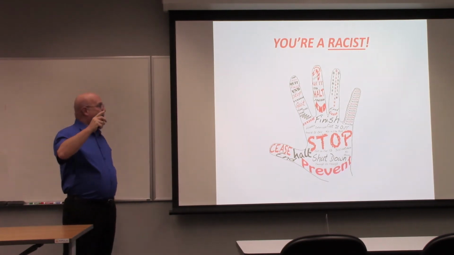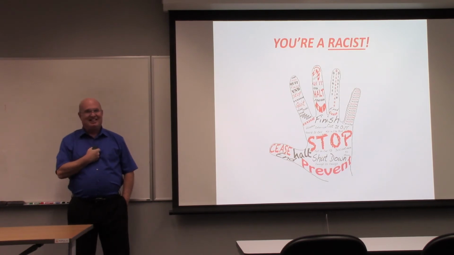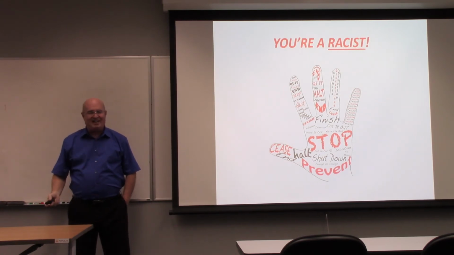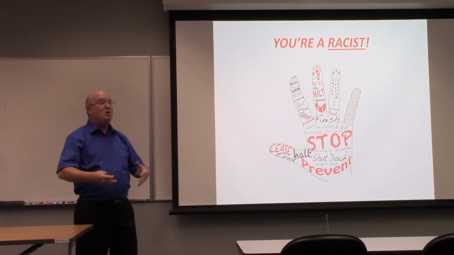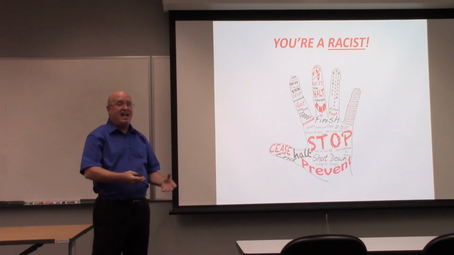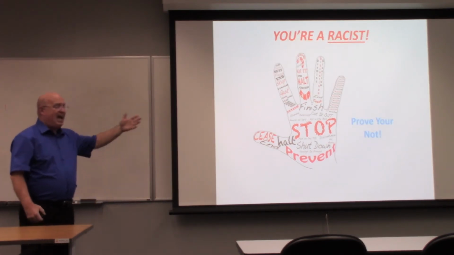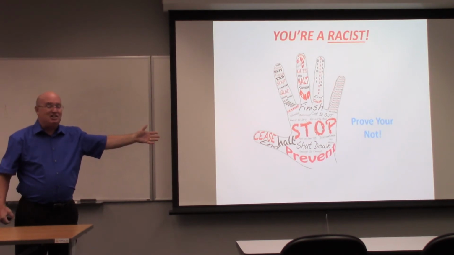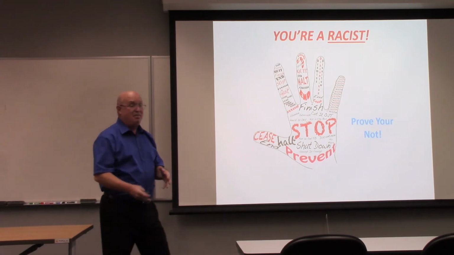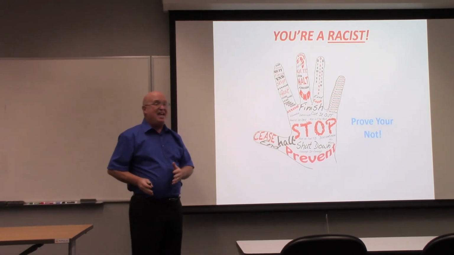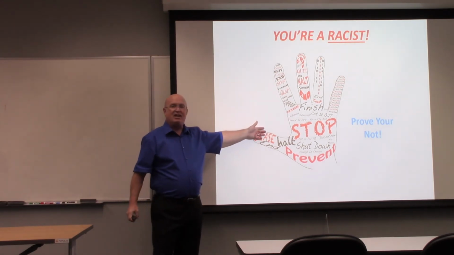Now, first off, we all hate it. Then we have to go ahead and prove we're not. But according to that person, unless you agree with them on everything they said, you're a racist. How do you prove you're not? You believe that set of facts. They don't believe the facts. So to them, you're always going to be a racist because you're not agreeing with them.